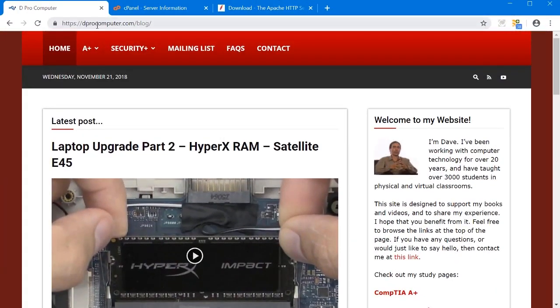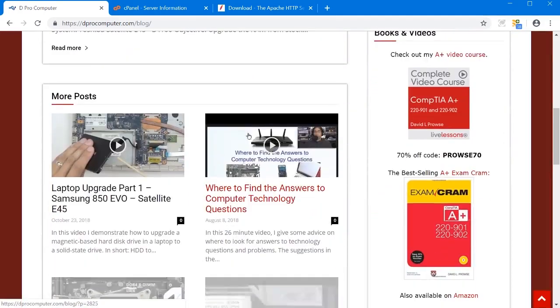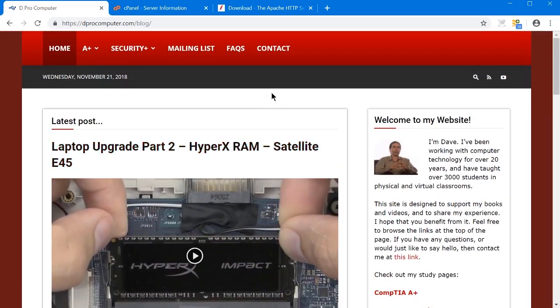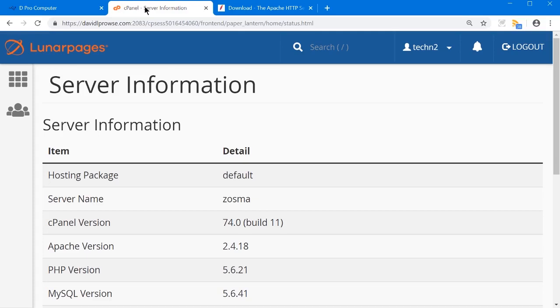Here's my website, dprocomputer.com, and this site is running WordPress software, so I can post to the site easily. To do that, it needs special software, and we want to make sure it's set up properly. Here we have the control panel for the server that it's stored on. I'm storing it on Lunar Pages, that's the host right now, and we get lots of information here about the